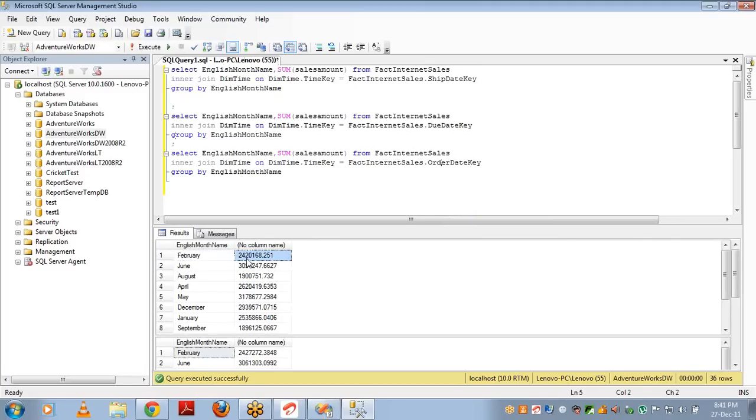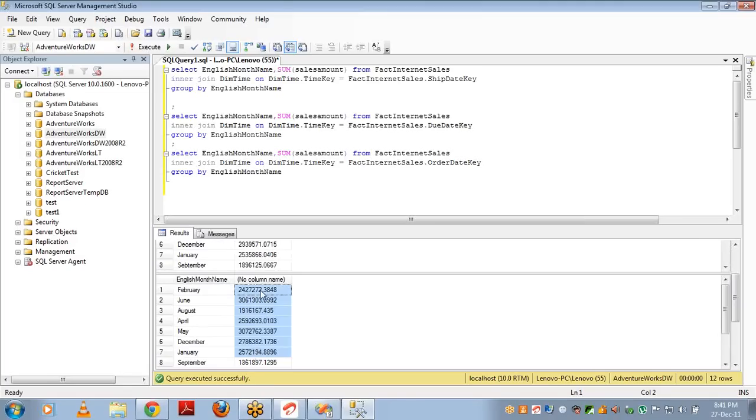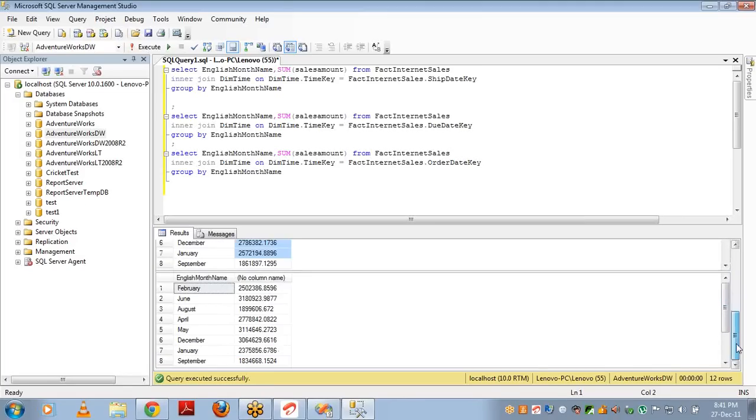For February, the amount is 2420168. Here, due date wise, it is 2427272, and the third one, order date wise, it is 250. So the requirement may be like this: I want to see due date wise data, sales amount, all those things. In that case, to achieve the same, what you have to do is, in a single query,